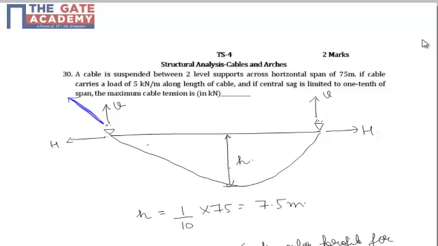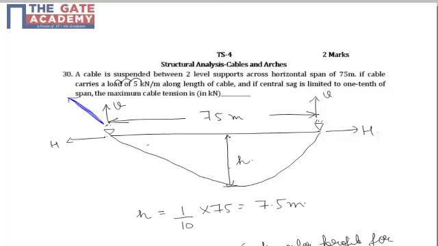Dear students, the following question is a 2-mark question from the topic of cables and arches, and it is a very basic and fundamental question from the topic of cables, which says that a cable is suspended between two supports across a horizontal span of 75 meters. So this span is given as 75 meter, and it says that if the cable carries a load of 5 kilonewton per meter along the length, so it is having UDL, uniformly distributed load,